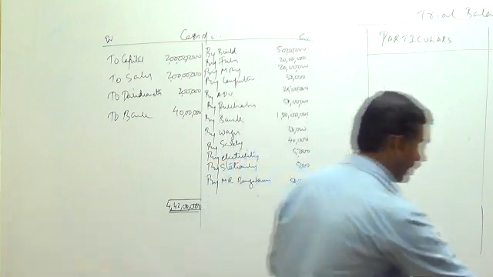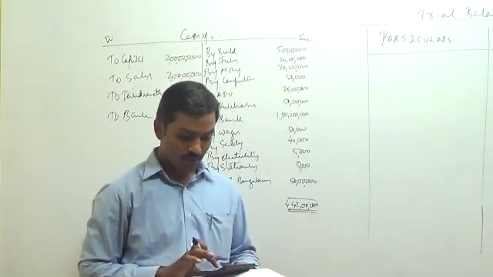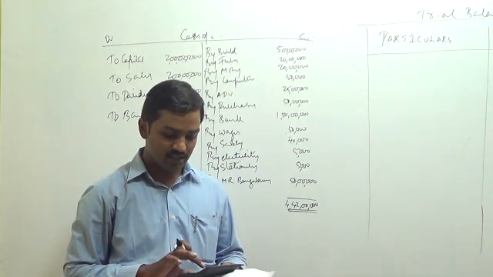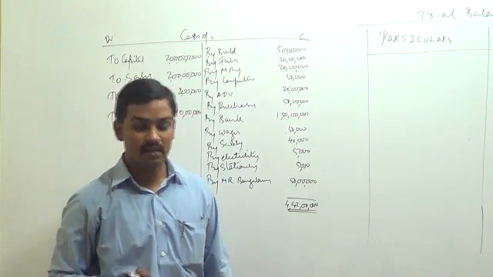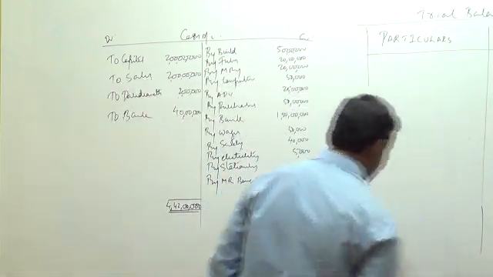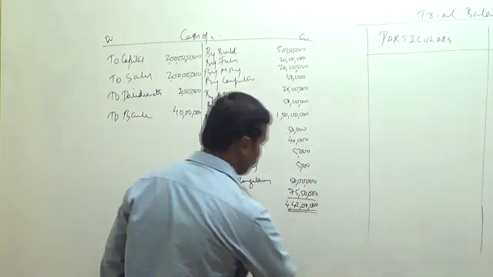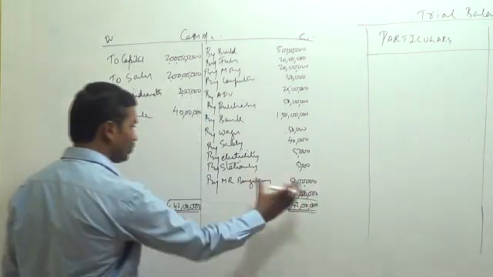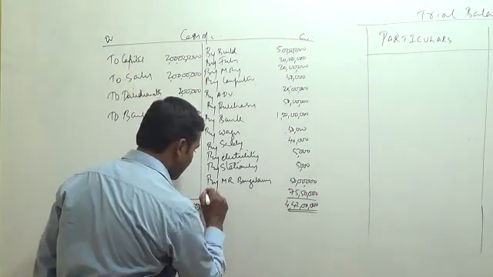Or we can take the help of a calculator: 4 crores 42 lakhs minus 3 crores 66 lakhs 50,000 gives 75 lakhs 50,000. So when you write 75 lakhs 50,000 on the lower side, both the sides will show the same total. Now this is called by